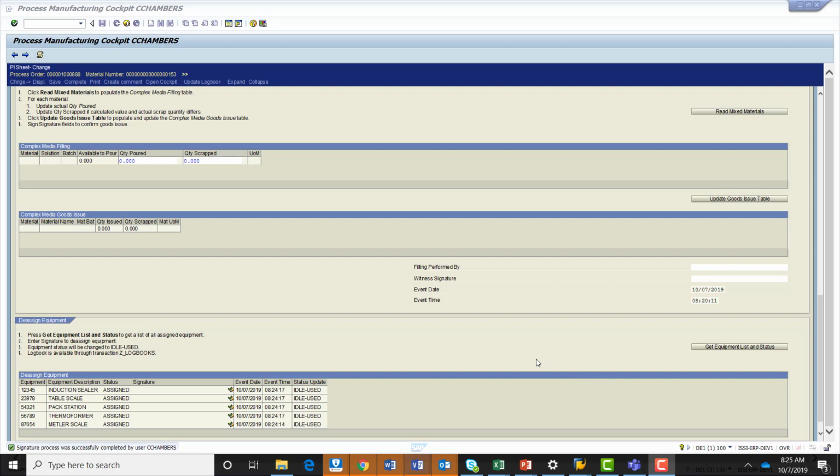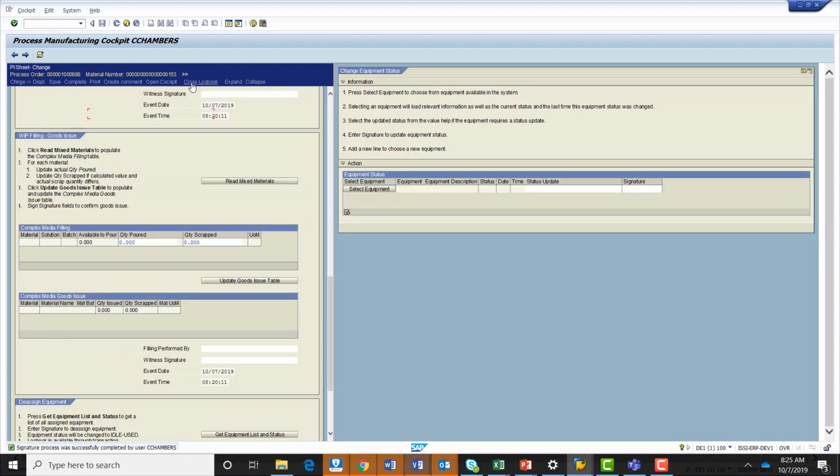The last very important function related to logbooks is the logbooks themselves in terms of making updates to statuses based on cleaning. For convenience, I can actually do this within my PI sheet, although you would typically do this outside the confines of an individual order, because this is an activity typically done between orders. But to demonstrate the functionality, I'm going to click on Update Logbook, in which the right side of the screen